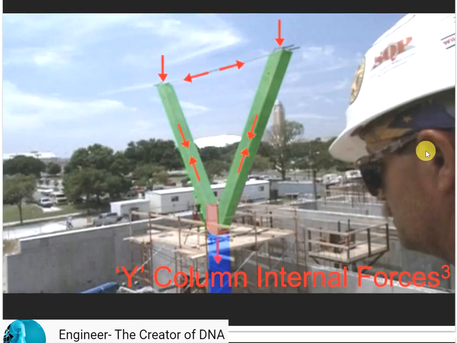Now we can see how the mechanism of the Y column happens over here. This is the load. If you imagine the roof is here, the load will be transferred on the point load. It will transfer to here, then the center position, and then into the column internally. The same will happen to the two sides. Over the length of the span, half of the load will be transferred here and half to here. This is the way the column's internal forces will be developed, the mechanism of the Y-shaped columns.